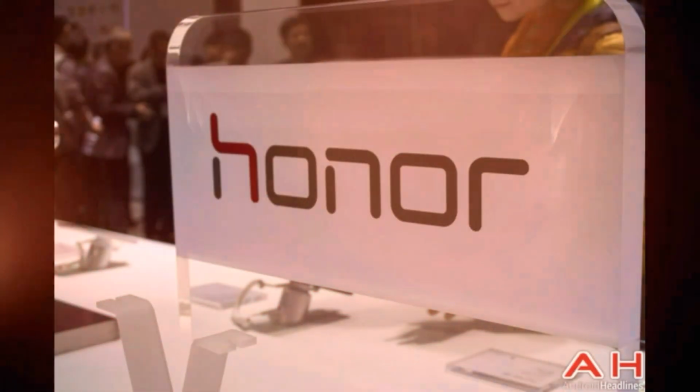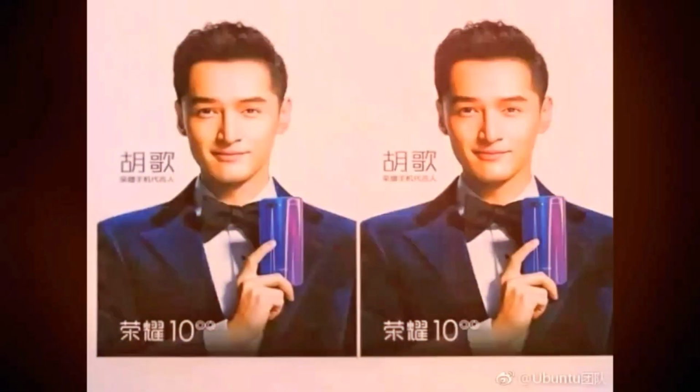The upcoming Honor 10 handset has just surfaced in 2 new images. The first image that you will find in the gallery down below shows what seems to be Honor's leaked promo material for the upcoming devices. This image is not exactly the sharpest out there, but it does reveal the backside of the device,